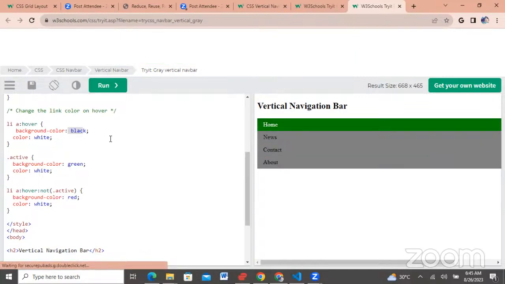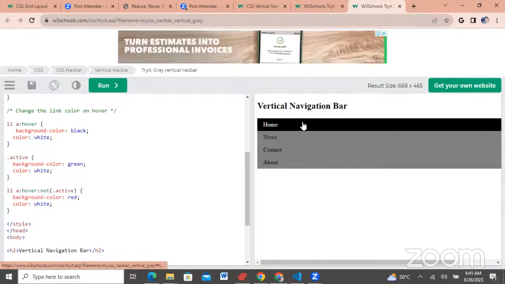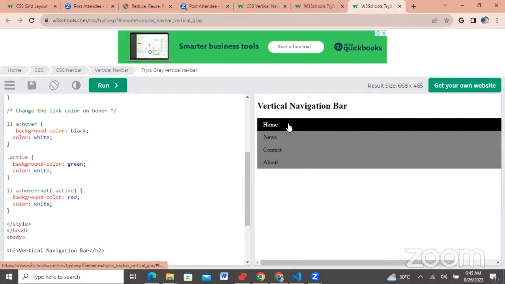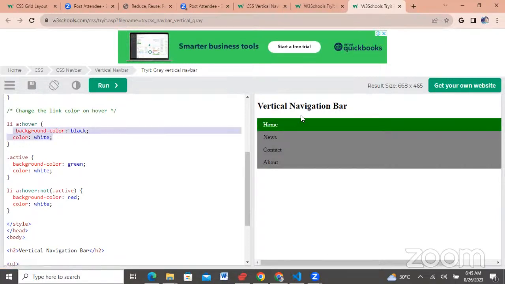So we had set it to be black when you hover around it before, like this, right? This is still the default setting. But now, we only want it to hover when you put it on the home. When we put it on the home, we only want this style, this background color black. We only want it to appear on the active link elements. We only want it to appear on the home. Did you understand? And we don't want others to be like that. We want others to have a different color, like gray or like red. So what you do